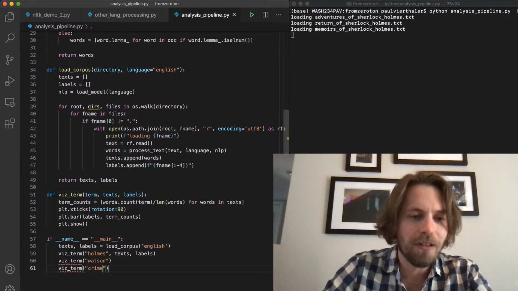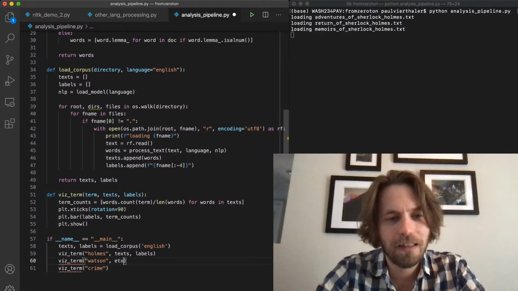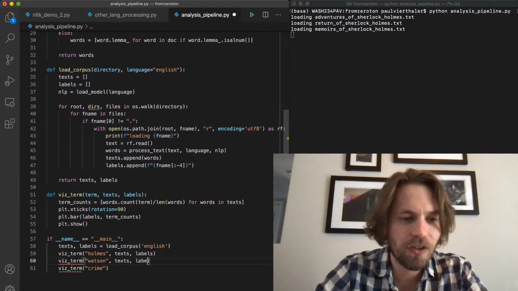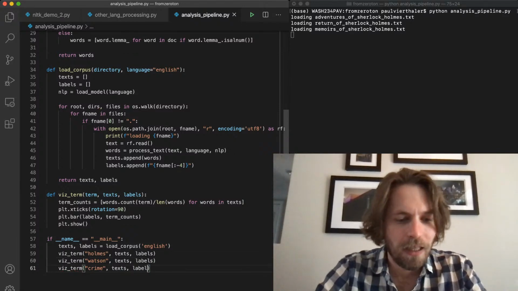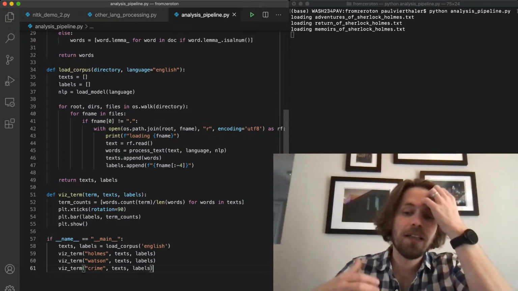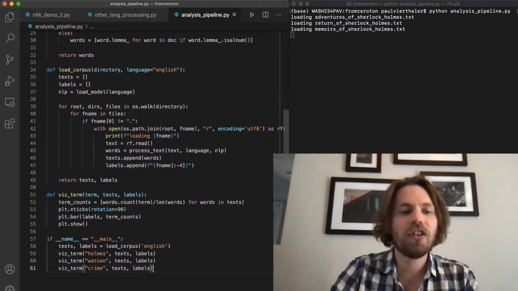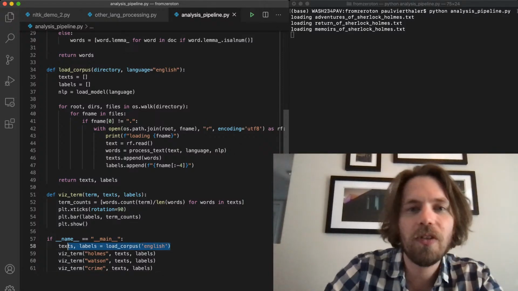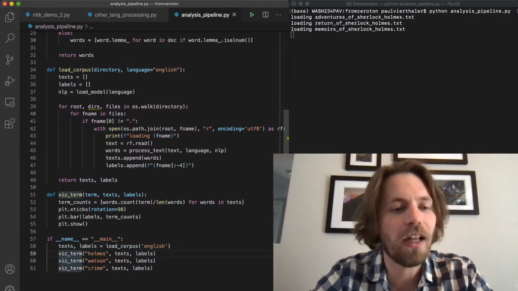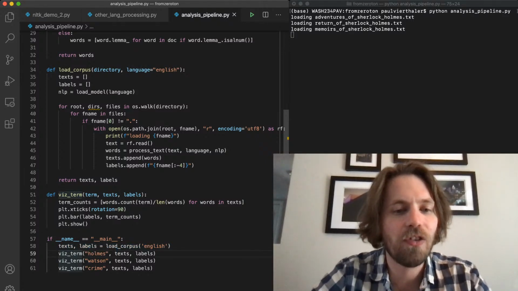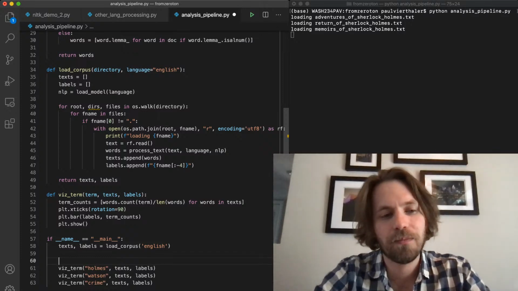Now, excuse me, I would still need to give this texts and labels. And so the way that this will work is it will actually create the corpus only a single time, but it will create 3 individual plots for each of these different things. So an improvement,